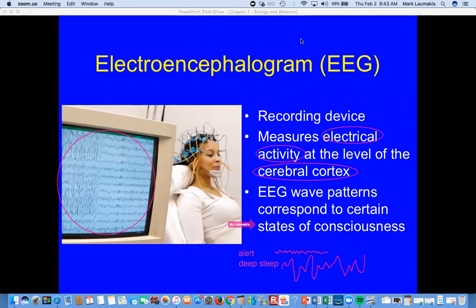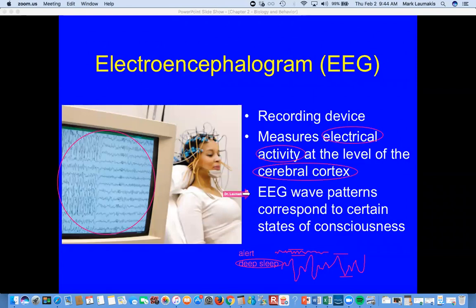What's the difference here? Well, the difference is technically what we call this height of the wave, the amplitude of the wave from the top to the bottom. Obviously, when you're in deep sleep, right down the bottom here, deep sleep is characterized by large amplitude brain waves when we look at the EEG output on the monitor, right? Versus when you are awake and alert, there are these small amplitude, relatively higher frequency brainwaves. Okay, so we'll get into some of that in the section on consciousness.